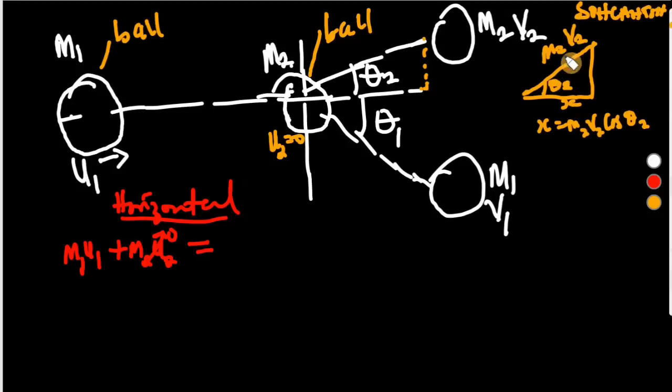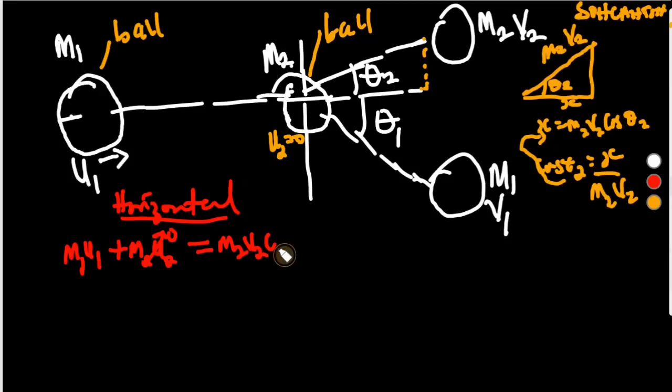Cos theta 2 is adjacent upon hypotenuse, where the adjacent is x and the hypotenuse is m2v2. So the momentum of body 2 after collision will be